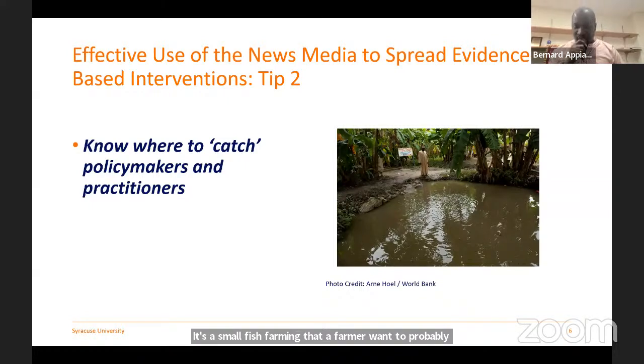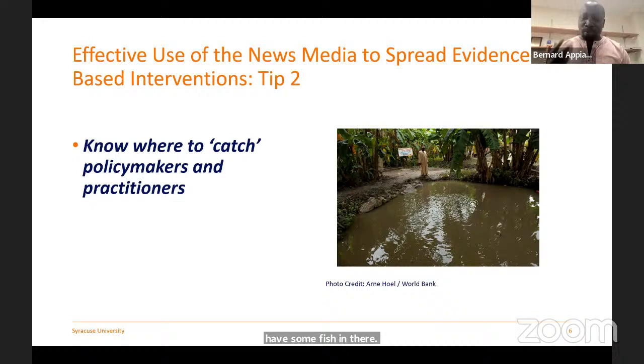So the question is, if you put something into the mass media, you have to know what type of mass media the kind of people whose attention you hope to get are likely to access more, okay? So you have to know the type of water body in which to catch the fish. Now, let's say you have identified the water body that you're going to use to catch the fish.